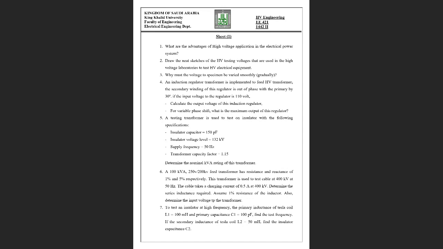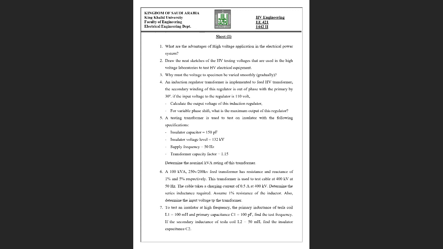But some disadvantages are also there. There will be an increase in the cost of the support structures, and there should be more clearance between the conductors, and we need very long cross arms for the towers, and insulation problems will also be there. But when you compare advantages with the disadvantages, the advantages are more. So we are using high voltage in electrical power system.